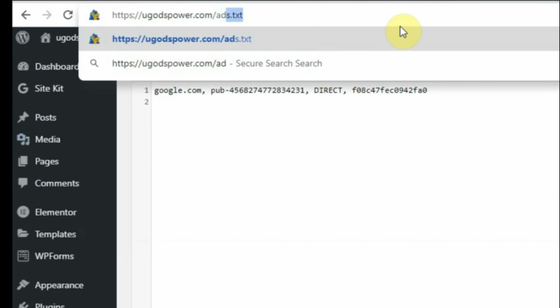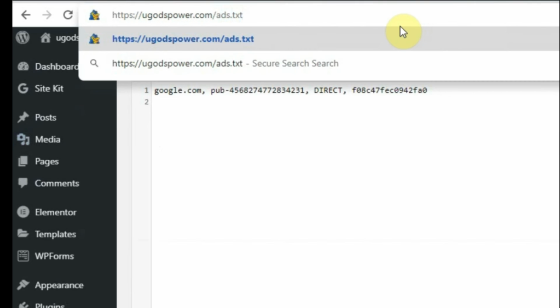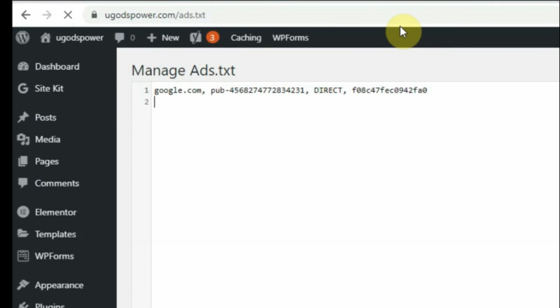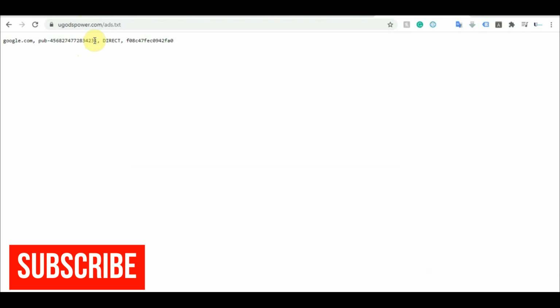Just search for this ads.txt. Once you search for it, it will show something like this. If it doesn't show, you will know that it is not recognized by Google, and you need to repeat everything we just did, like I showed you.